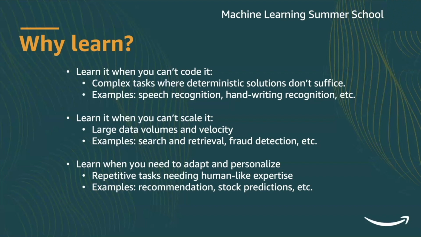And finally, those where we want the algorithms to personalize depending on users' past history of purchase or past history of viewing content. We want to personalize and recommend those that they're going to like. These are some very good applications where machine learning